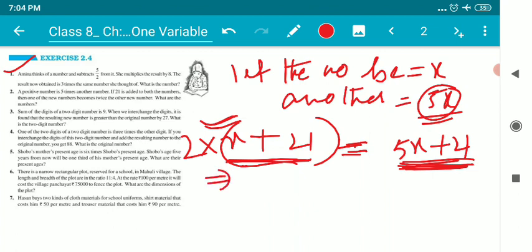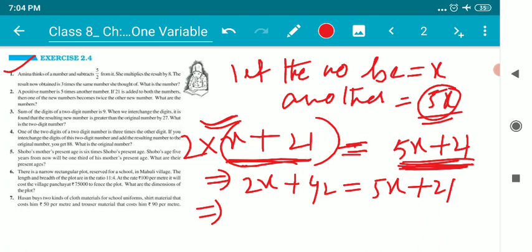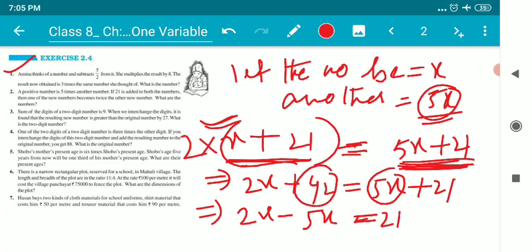Now let us multiply 2 with x. It will be 2x plus 2 into 21 results 42, equal to 5x plus 21. So children, normal transposition process: 2x will be written here, 5x will be brought to this side, it will be minus 5x as it was plus 5x, and here it is 21 already from the beginning, and 42 will be transposed to the right hand side, it will become minus 42.